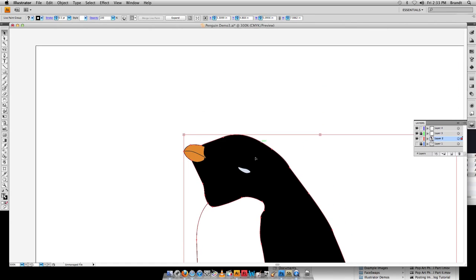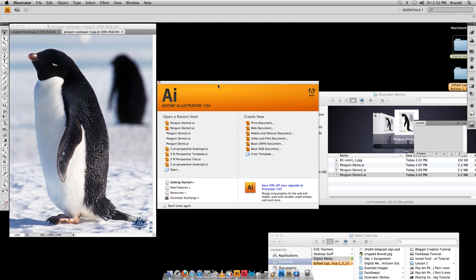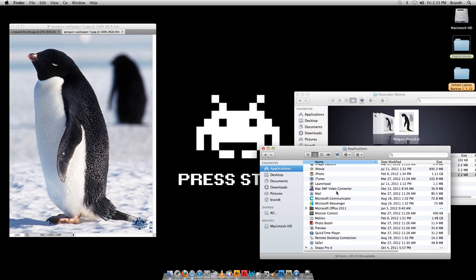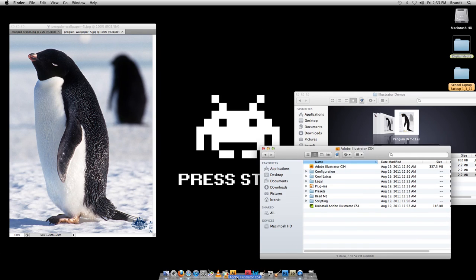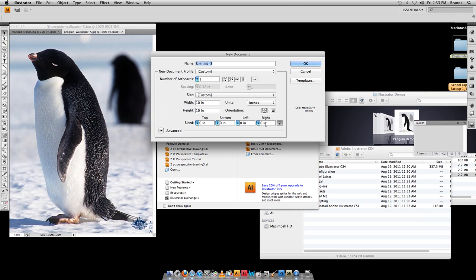Okay, so this is an example we're going to get to a little bit later, but for right now, what I'm going to have you do is, when you first open Illustrator, you're going to find Adobe Illustrator in your Applications folder, right next to Photoshop. Go down to Adobe Illustrator, open it up, and drag it to your dock, which I've done already. Once Illustrator is open, you want to create a new print document. From there, I'm just working with 10 inches by 10 inches. You don't set pixels on this because it doesn't really deal with pixels. You can see this is available, but for right now, you don't really worry about that. We can name this